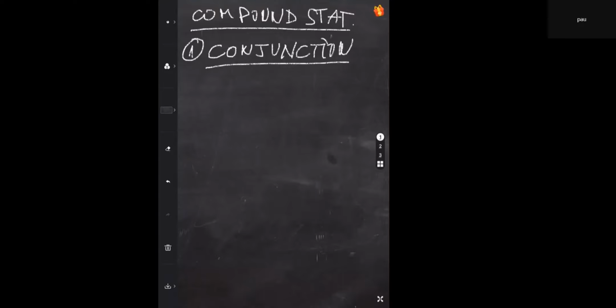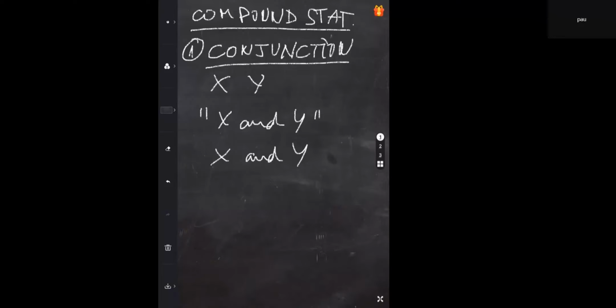Conjunction. If X is a statement and Y is a statement, then the statement X and Y is true if X and Y are both true, and is false otherwise. Again,